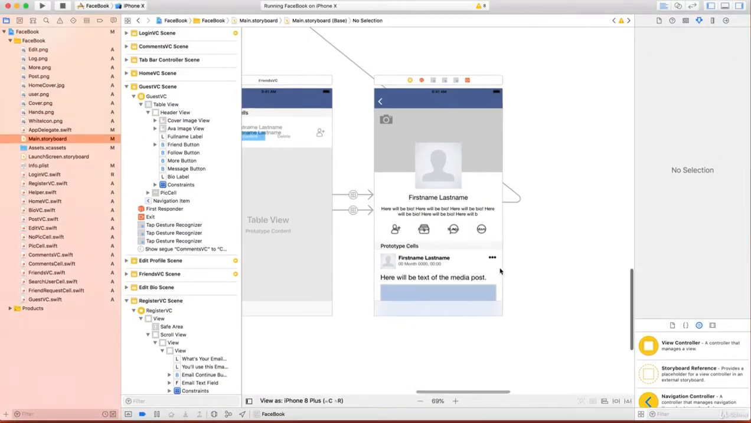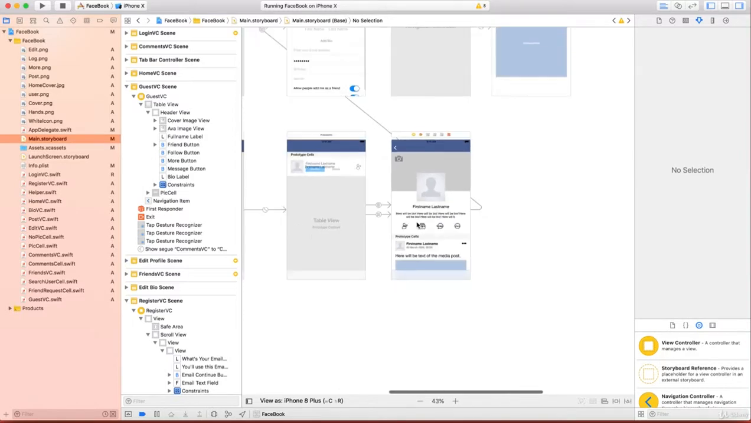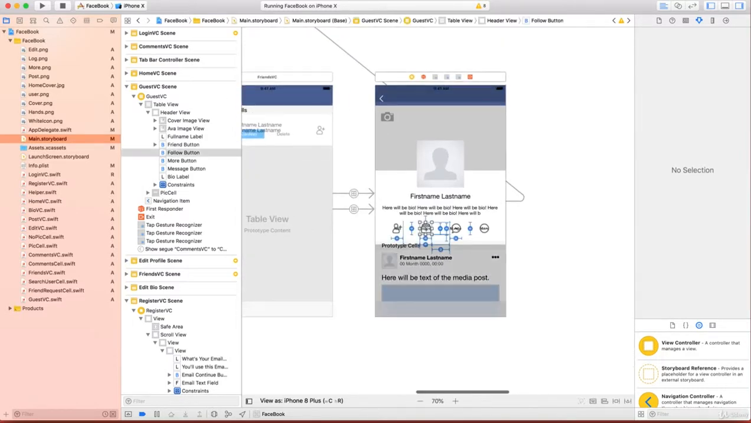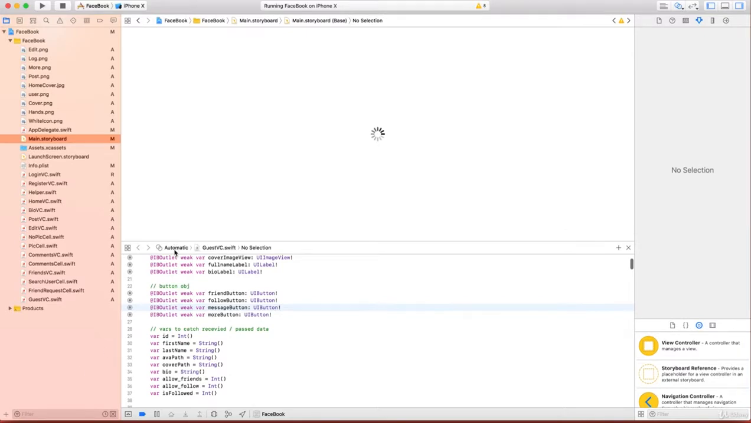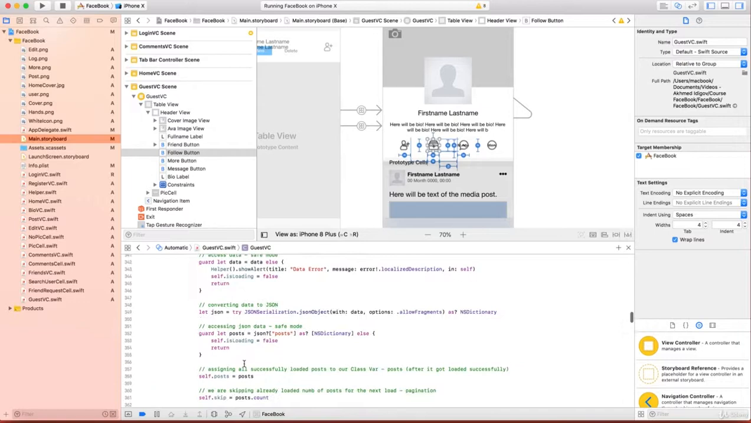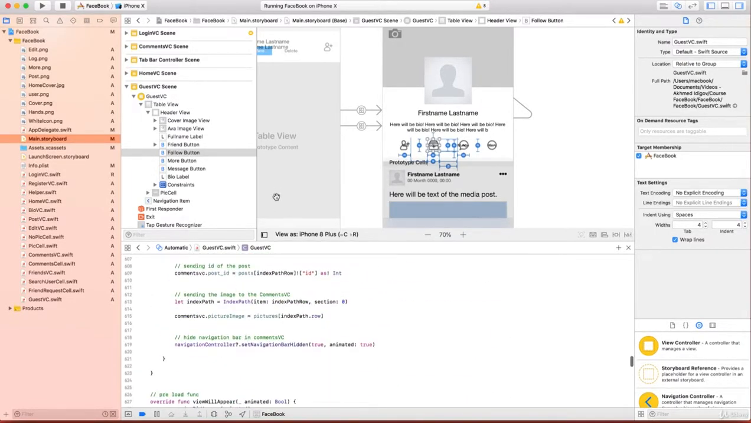Okay, so for that purpose, we'll go to the main storyboard and we'll find our guest view controller. That is the one. We'll select the follow button. We'll call assistant editor. Then we will go here automatic to the guest view controller. I'll scroll it down right after